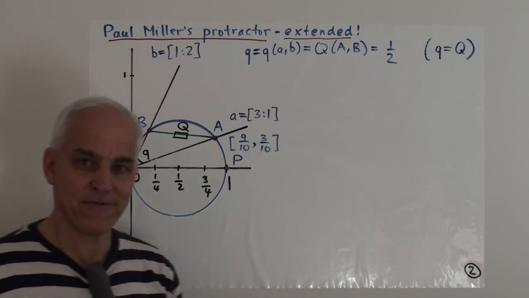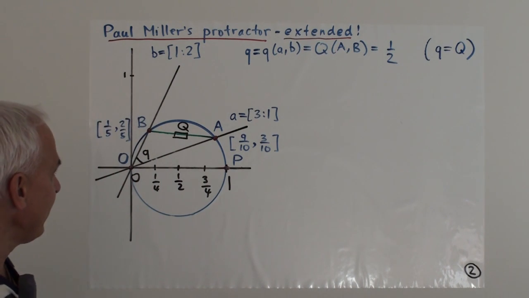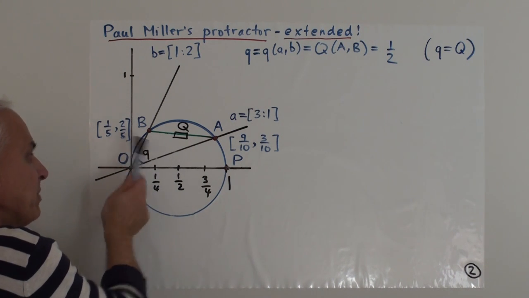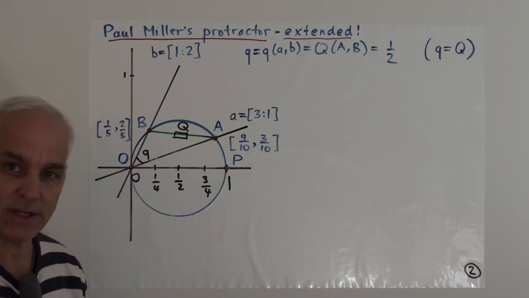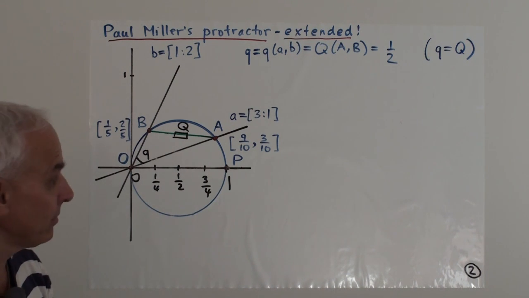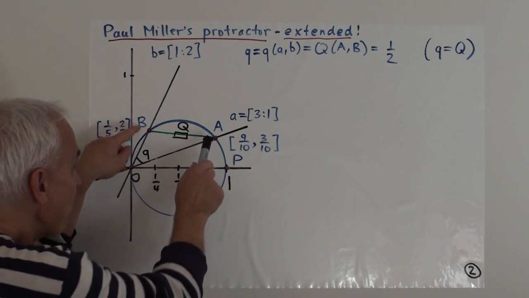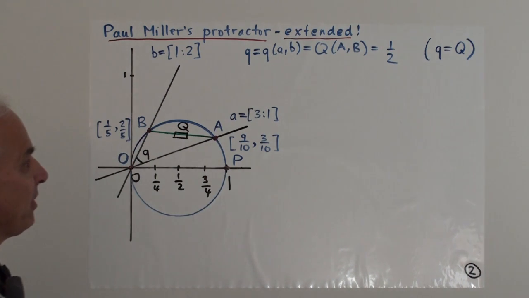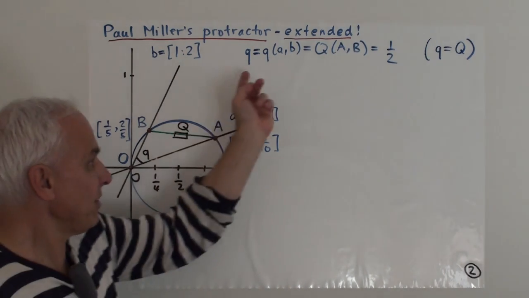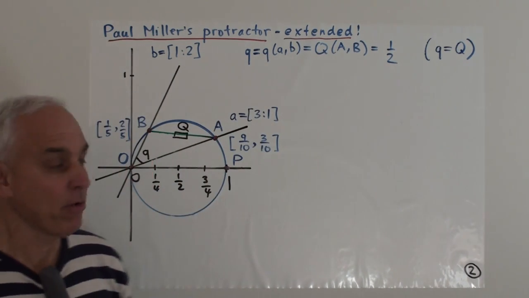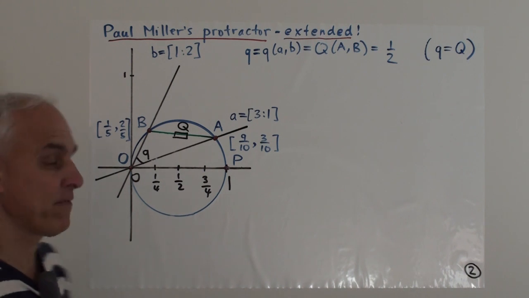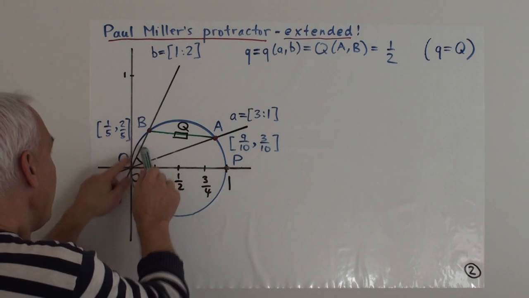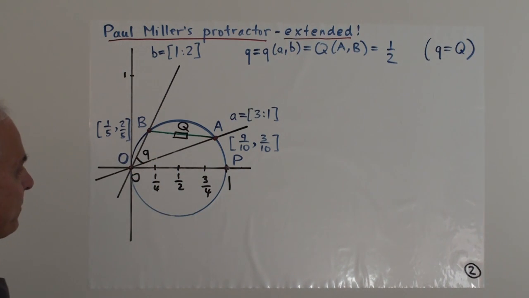Okay, now a crucial fact that we established was that this picture relates the projective quadrants between these two projective one points, namely little q, and the affine quadrants between these points capital A and capital B. And in this case, we've seen probably a number of times now that both of those numbers happen to be 1/2. Okay, so this is a quadrance of 1/2, and this is a projective quadrance of 1/2.